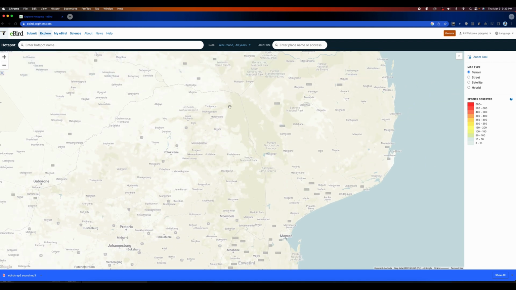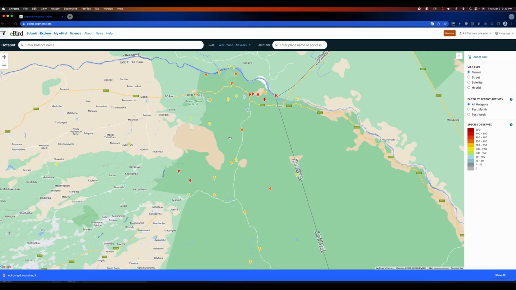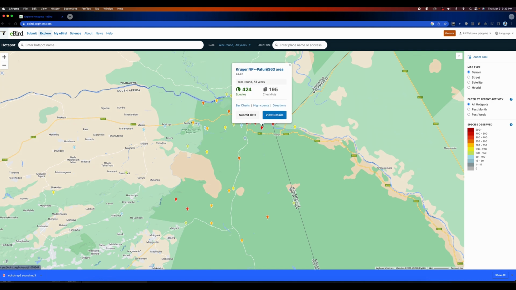A really good spot for birding is Bafuri. As it starts loading, we'll start seeing a bunch of hotspots over here, and obviously in these particular hotspots, you'll be able to see certain birds. So we'll go over here and click on one of these, and we'll see that the Porphyry